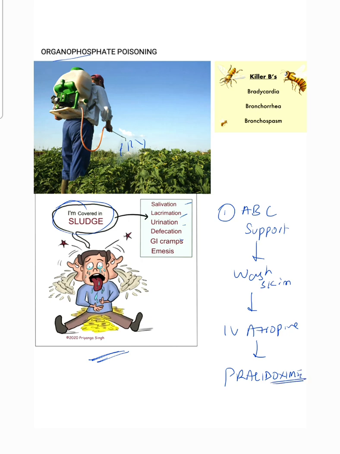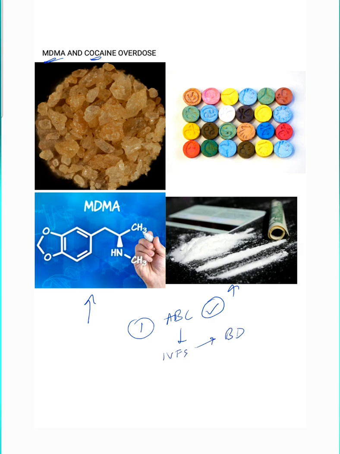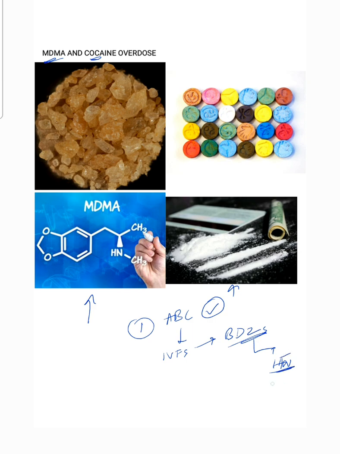Next, we have MDMA or cocaine overdose. The first line is to make sure that the airway, breathing, and circulation are normal, and if not so, to work on establishing support. IV fluids are considered to be a good choice. Benzodiazepines are also used. In cases with associated hypertension, sodium nitroprusside is advised, while in cases of associated chest pain, glyceryl trinitrate, or in short GTN, can be used. Finally, in cases with associated extreme hyperthermia, mechanical cooling is undertaken, and if this doesn't work, a drug called dantrolene